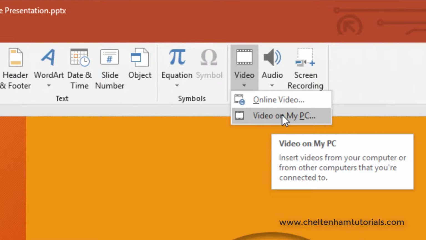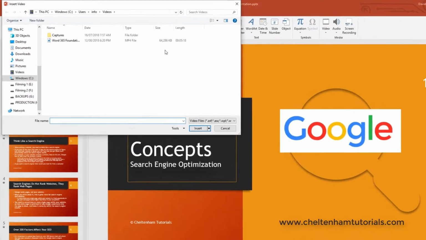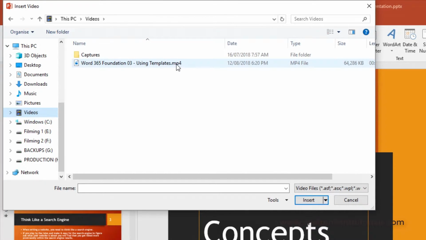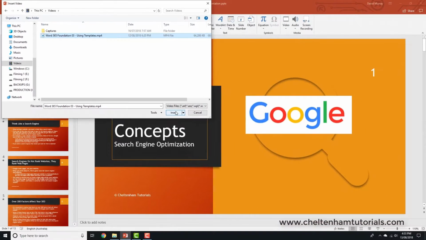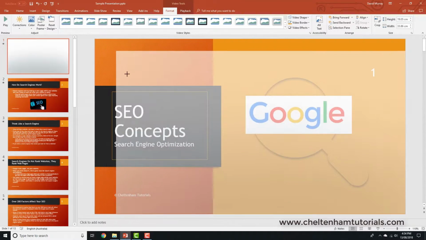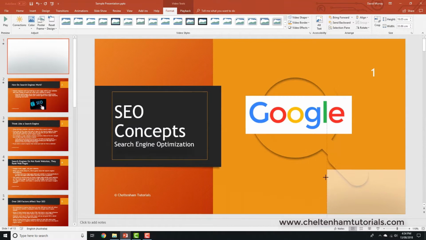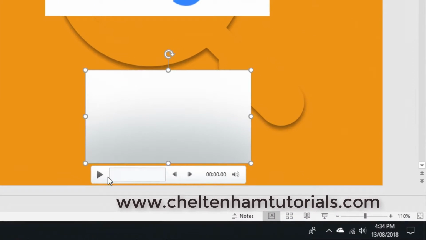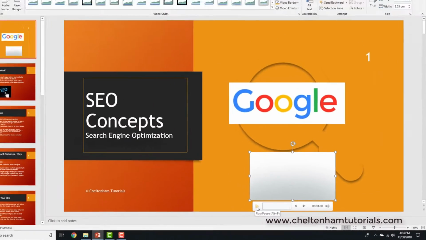So I'll click on where it says Video on my PC, and all I have to do is move to the folder or subdirectory containing the video, and in this case I've got a video here in MP4, so I'll just select it and click on Insert. Now the video completely fills the slide, so I need to make it smaller, so I'll just drag it down here a bit. So there's my video. If I click on the play button here,